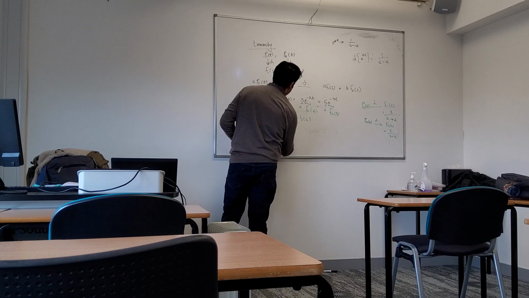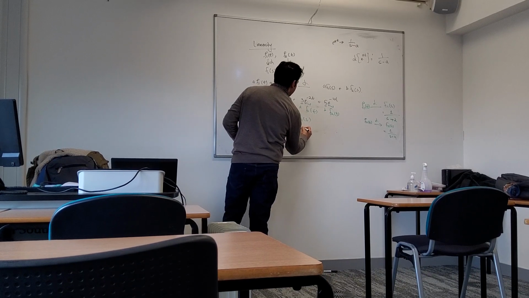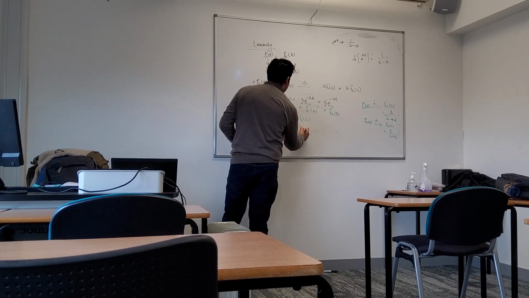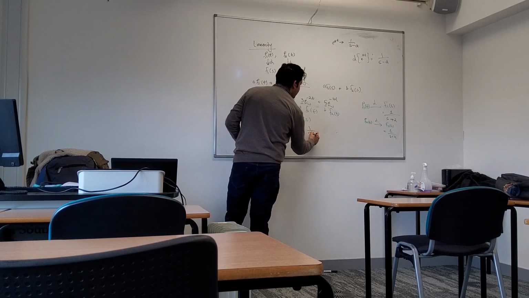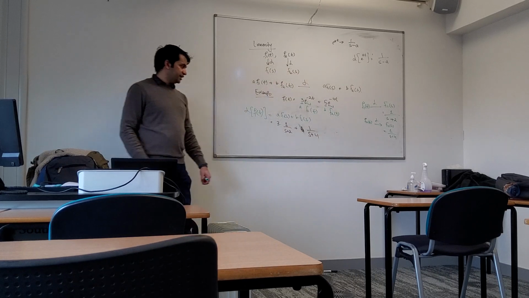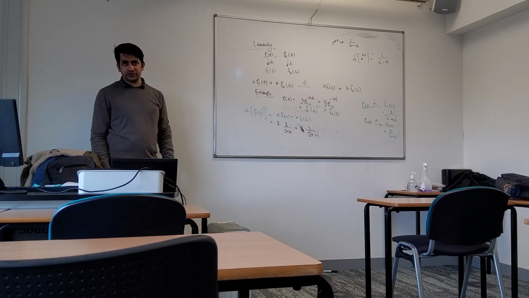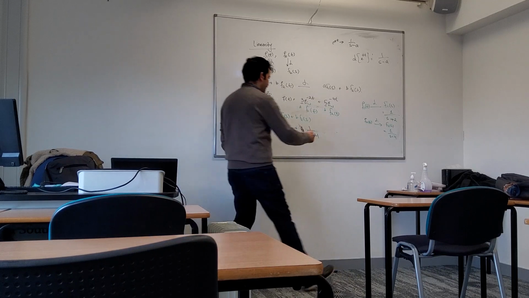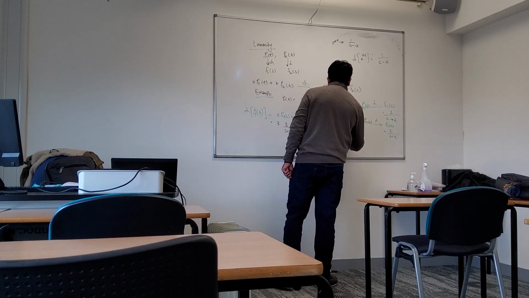What is f1 of s? It's 1 divided by s plus 2, and similarly b is 5, so it would be s plus 4. So it means that your Laplace is 3 divided by s plus 2 plus 5 divided by s plus 4, and if you further solve it, it would be